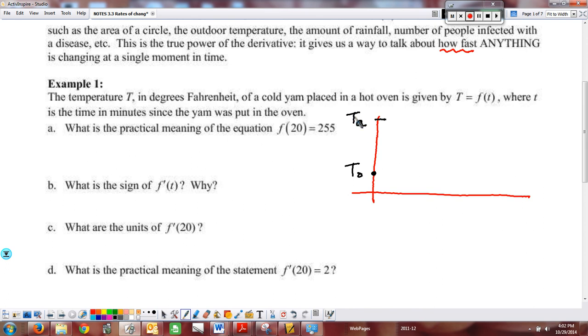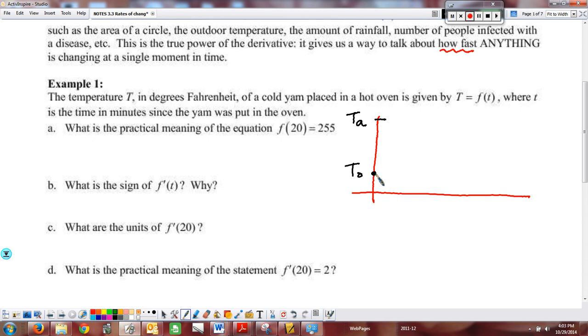But basically this is the ambient temperature of the surrounding medium, which is like room temperature, the temperature of an oven, the temperature of a refrigerator, wherever you're placing your object. Whereas this is the initial temperature of the object. Now what will happen over time, we can reason that we put the cold yam in the oven